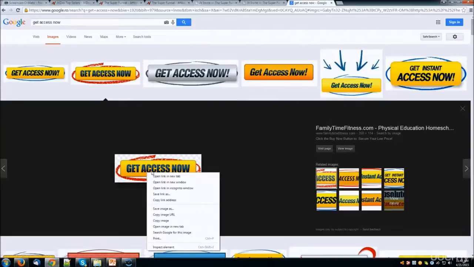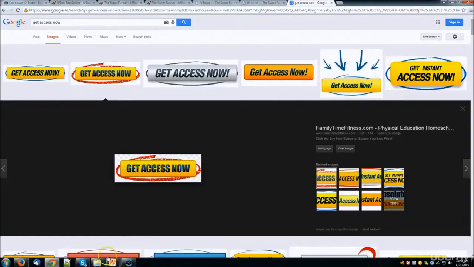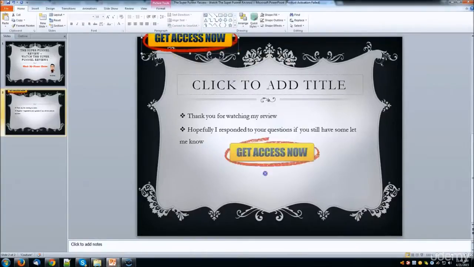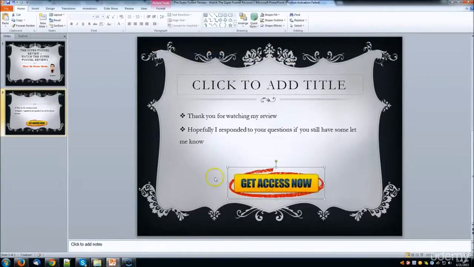You right click on the image and you copy image. You open back your PowerPoint file, and then you hit Ctrl V on your keyboard at the same time and the image will be pasted inside your PowerPoint. You place it in the middle of the page, to look a little bit professional.